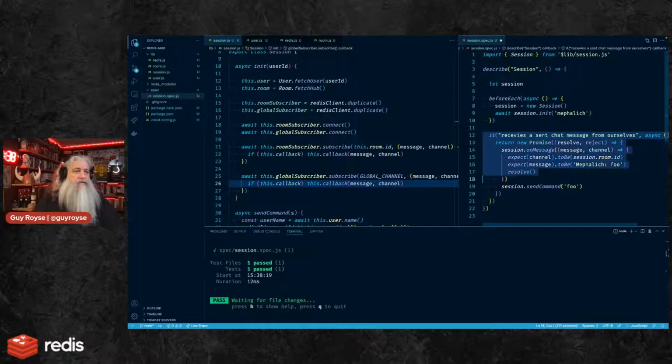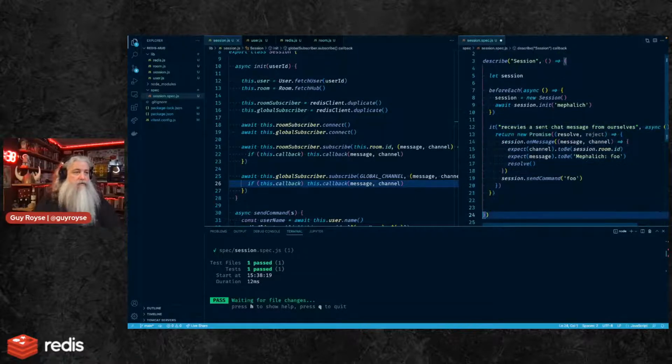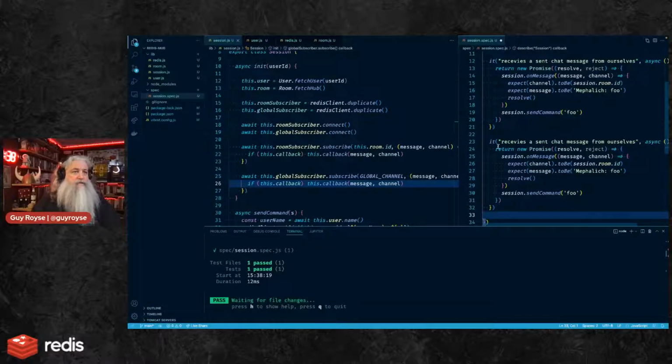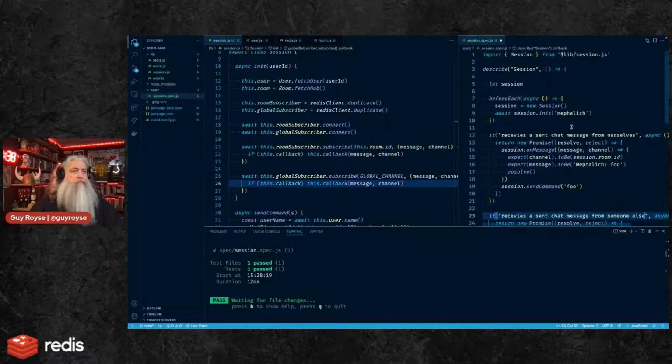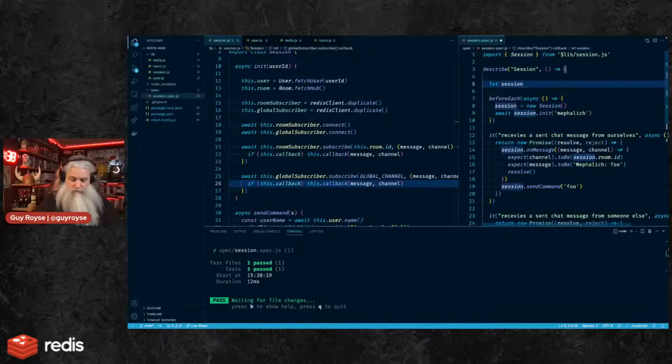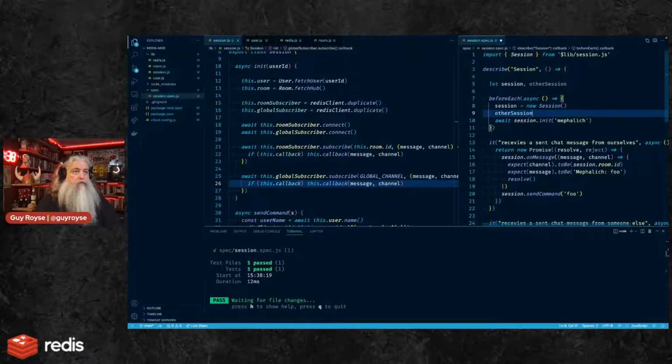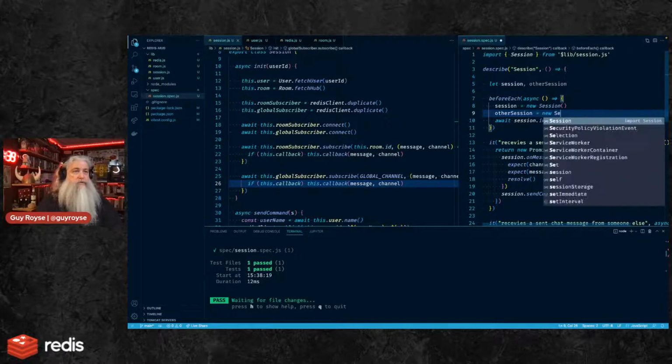And then let's do it receives a sent message from someone else. So we need another session. Other session equals new session.